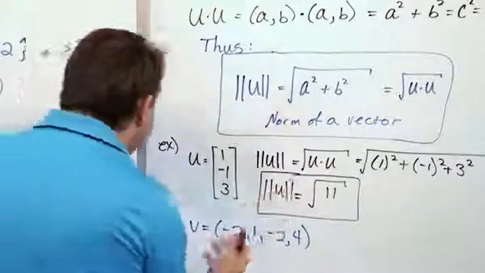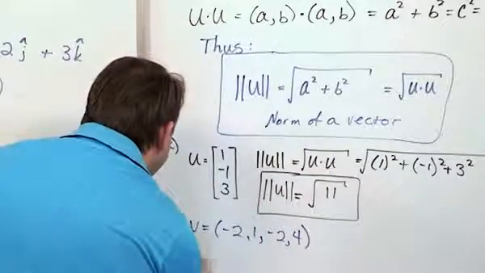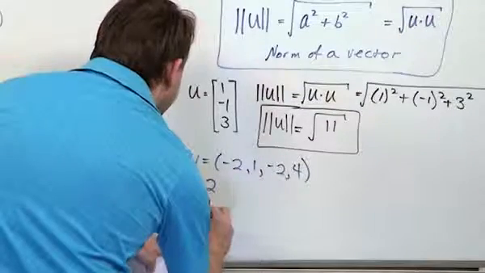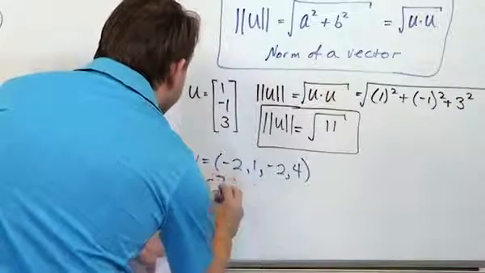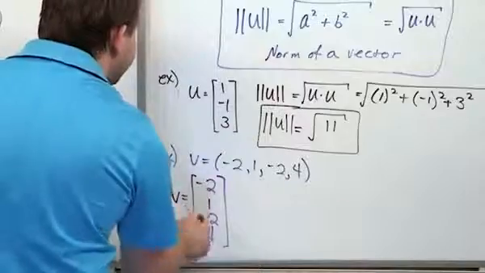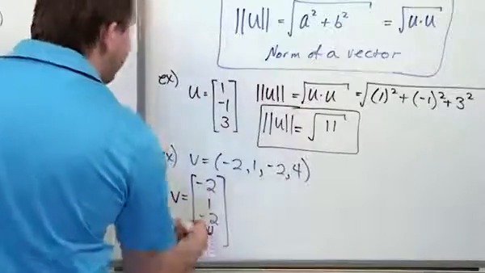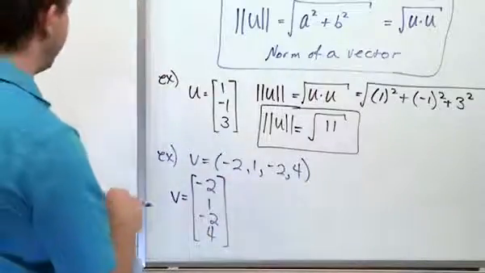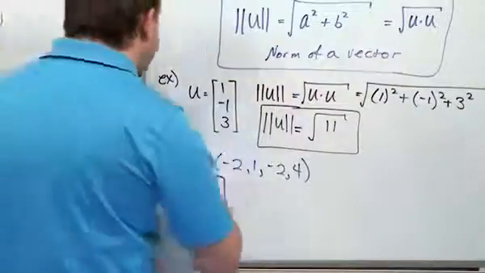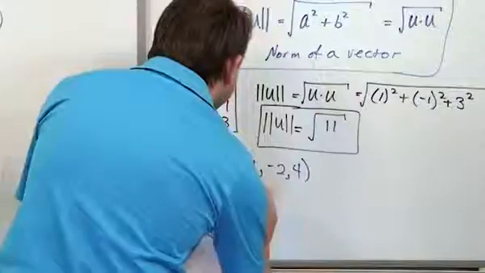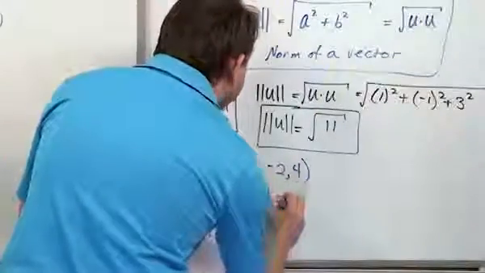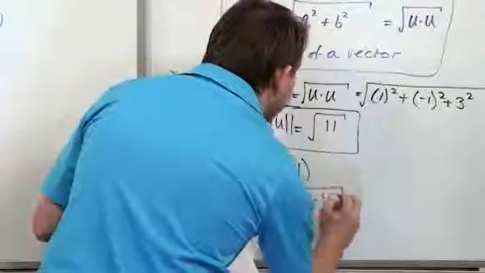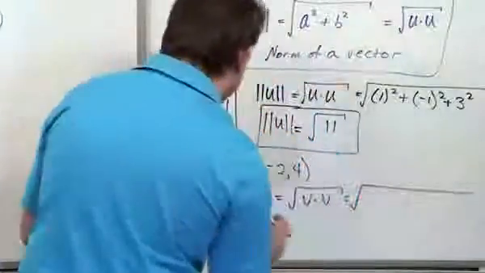we could just proceed straight to the answer, but I'll remind you that if you were going to write that vector as a column matrix, it would just be -2, 1, -2, 4. So this could be x, y, z, and some other dimension, maybe temperature, maybe time, something else, some other number that needs to be represented there in the space that I'm working with. All right, and then if I'm going to find the magnitude of the vector v, what I'm going to do is take the square root of the vector dotted with itself,